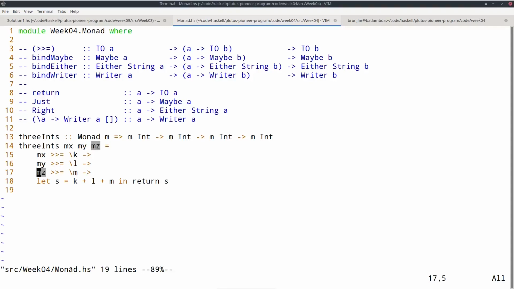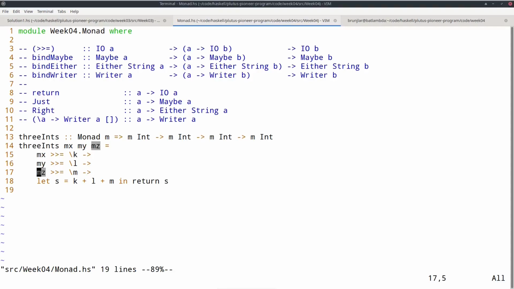And in a sense, this bind is like a semicolon. It binds different statements or computations together, like a semicolon does in an imperative language. And the cool thing about Haskell is that it's basically a programmable semicolon. So we can say what the logic is of binding two computations together, depending on the monad.